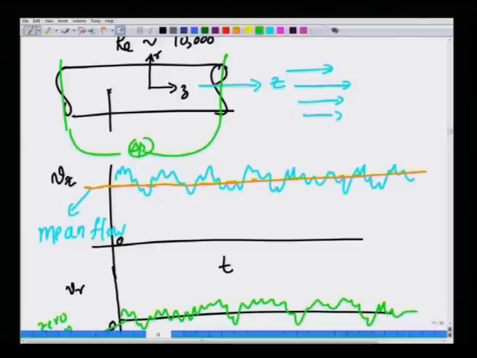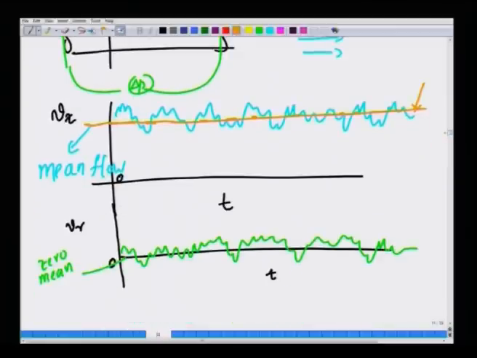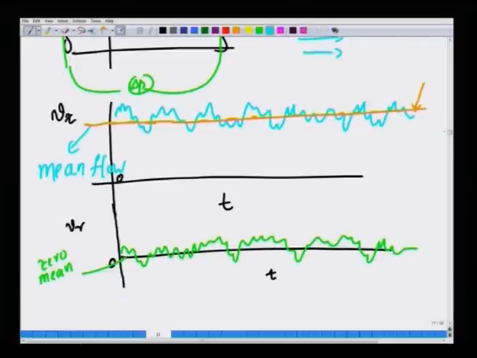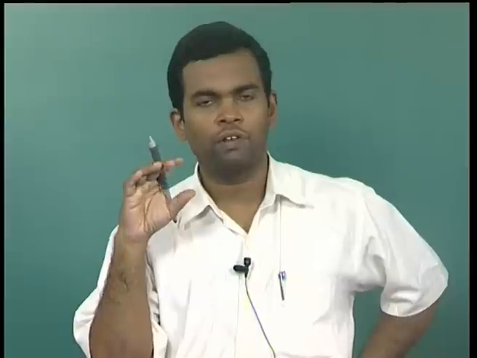So, if you time average this velocity along a given direction for a certain time period, you will find that it will be close to this orange line, that is the mean velocity. If you were to do the same thing for the velocity in the normal direction, that is the r direction, there is no net flow, there is no mean flow, therefore there will be velocities in the r direction that are highly fluctuating, but if you were to average this, you will get a value of 0. So, that is the key thing about turbulent velocity fluctuations,